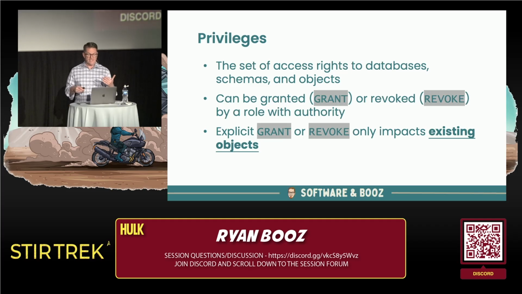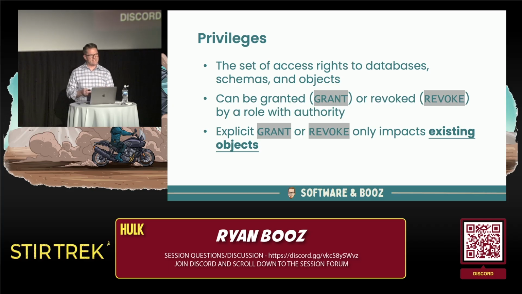And the one thing to recognize, and I'll repeat this again later, especially during the demo, is one of those things I forget sometimes when I'm helping someone solve a problem and I run a grant or revoke statement: it only impacts the objects that exist at that moment, right? So sometimes I think, oh, I forgot to grant access. I'll just say grant all to this user on all tables, and like, whoo, good to go. And then a day later, I get a message saying, why can't I access that new table? Like, oh, that's right. That only impacted the objects that existed at that moment.